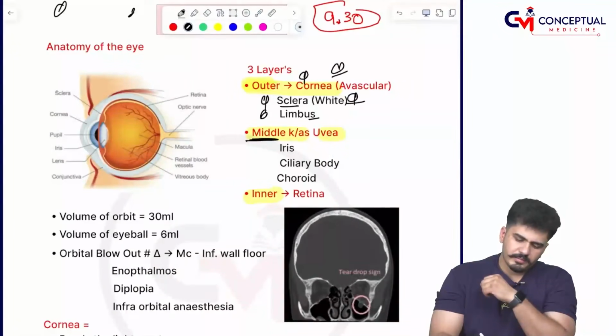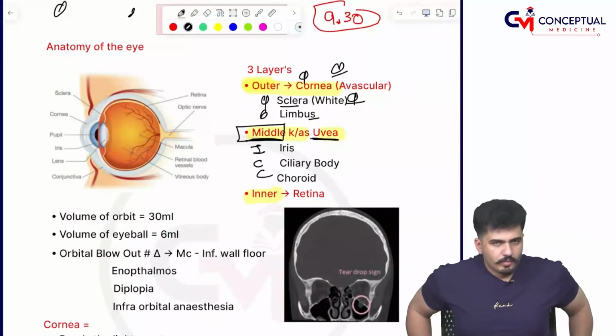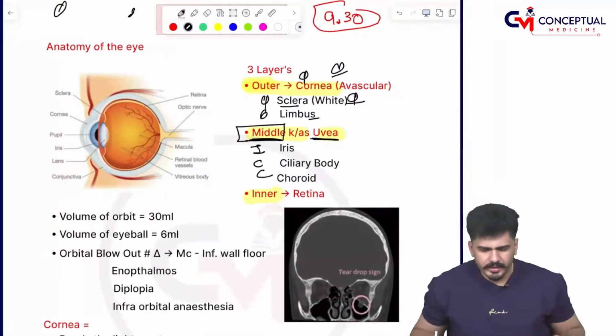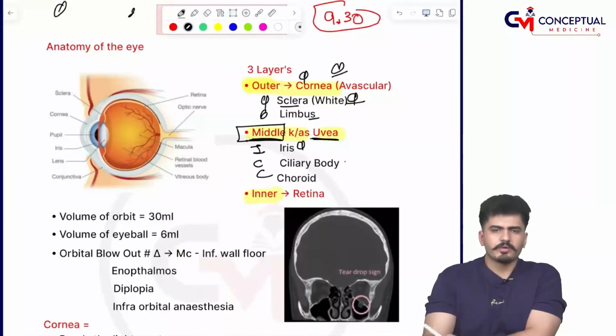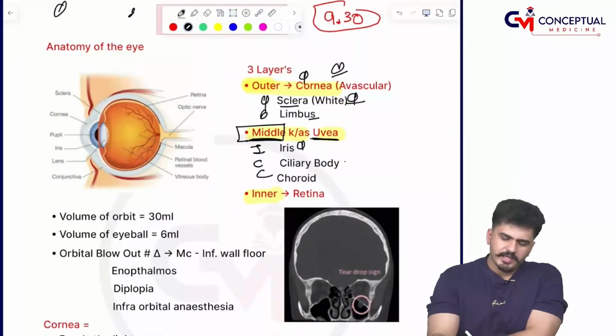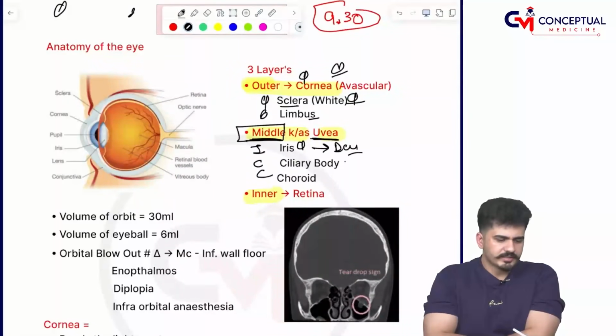Then middle layer we are having uvea, and uvea is having three structures. What three structures is uvea having? ICC. ICC stands for iris, ciliary body, and choroid. My dear friends, this iris will decide the color of the eye, and ciliary body is having